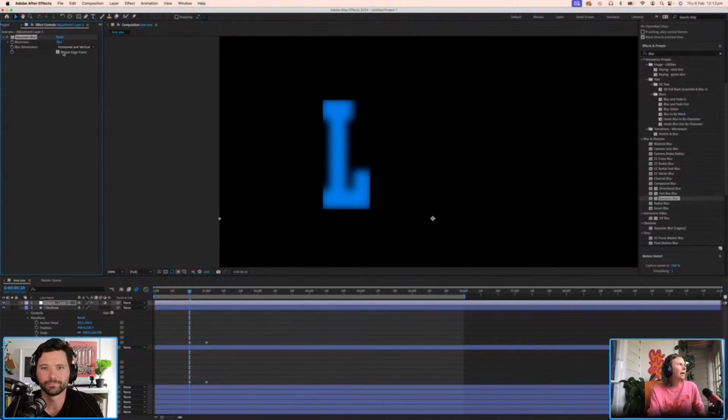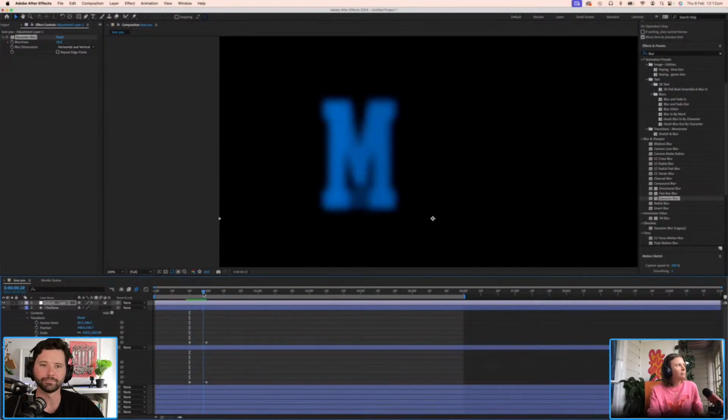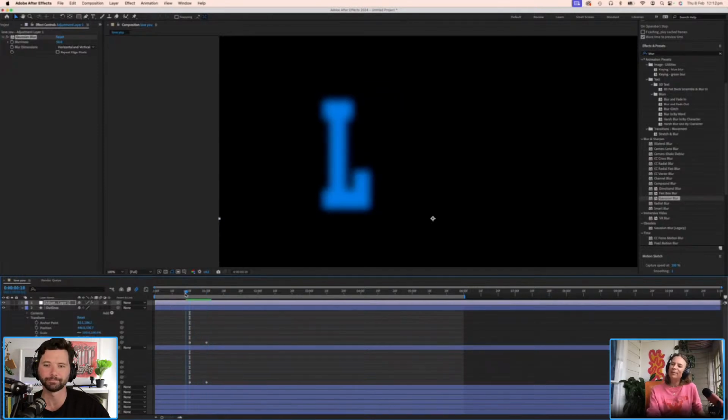Super blurry. By default, it will have this little repeat edge pixels option ticked, which is why we're getting this kind of clipping on the edge of that layer. If we just switch that off, it's going to let it soften out into the background there. I wonder why that's there. Yeah, don't know. But that is the solution. Turn it off. I do not know why it is a problem, but that's our solution. Nice. So what that is doing is it's really just feathering the heck out of our outlines.